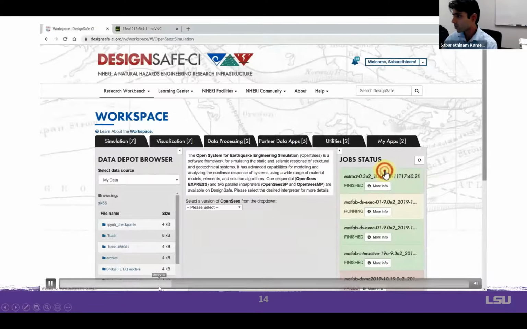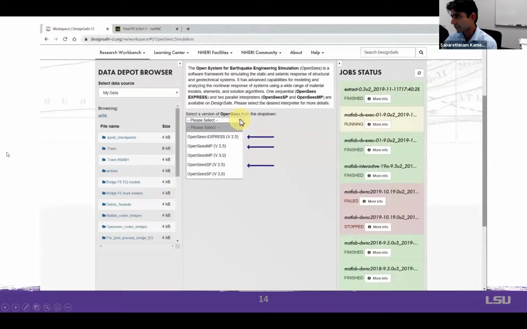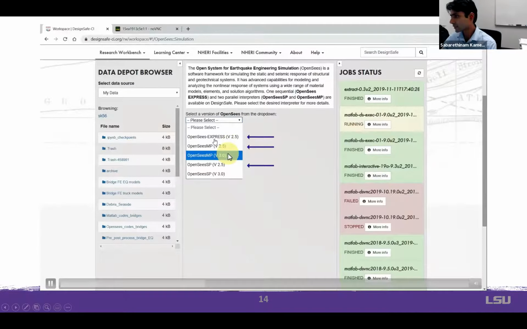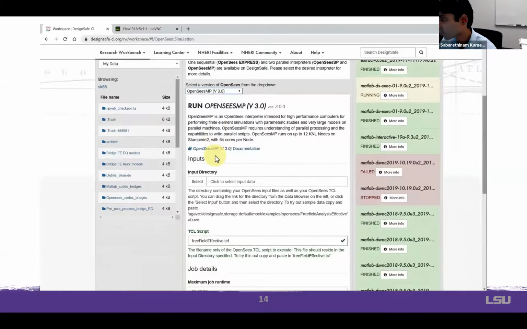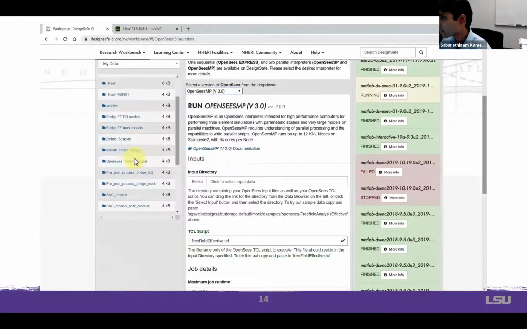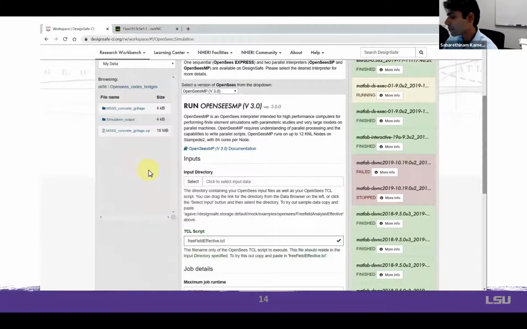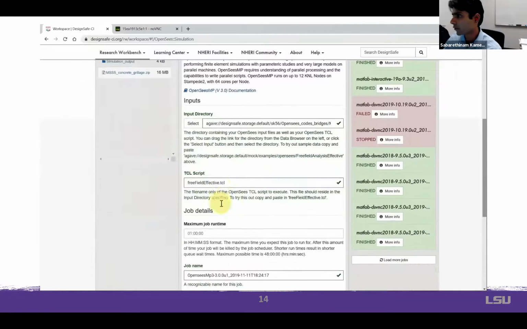So now we can go to OpenSees and submit an OpenSees job to run the files that we had just changed. We have different versions right now. OpenSees Express is a serial version, just one. OpenSeesMP is for the massively parallel, and OpenSeesSP is for cases where we have a really huge problem. For us here, bridges are a time series analysis, so it takes a long time, but it doesn't require huge memory or anything. If we required huge memory, we would have to use OpenSeesSP.